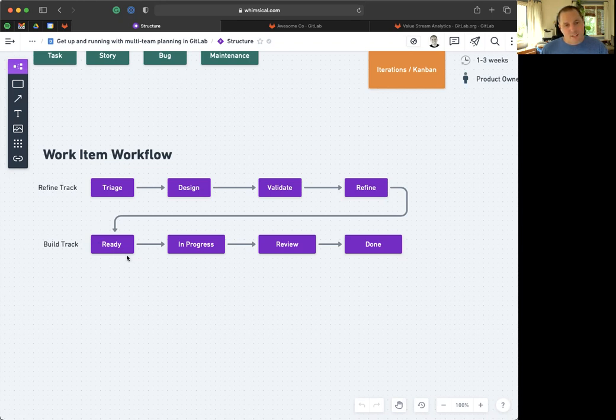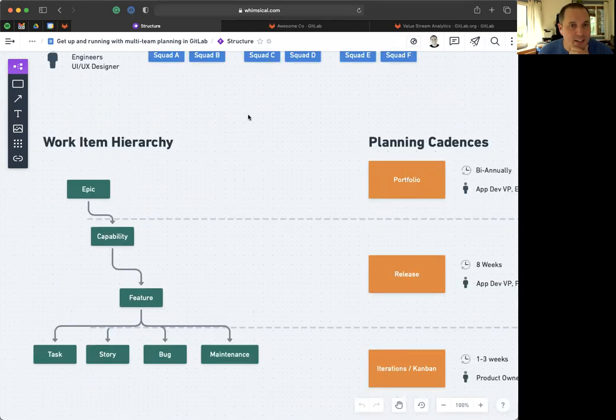backlog, which is this ready state. Engineers pull them into progress when they're ready to start. And when they're done, they go into a review process, QA, checking stuff out on staging. When it has actually been approved and the merge request has been merged, it goes into done, and it's pending deploy into a production environment. Once it gets deployed, the issue or work item gets closed. So this is basically how they want to operate, and we're going to demonstrate how you can do